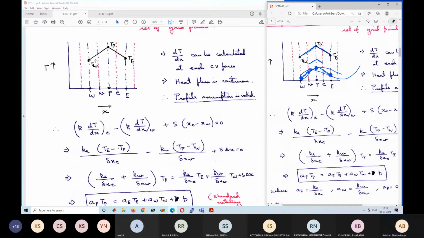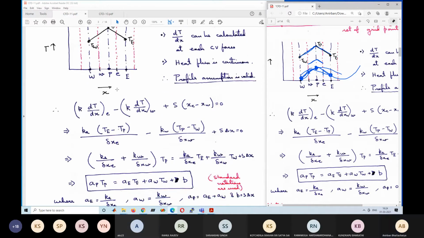Yes, sir. Okay, if there is still confusion, please let me know. These are very important parts of CFD. Without understanding this, yes, you are saying something? No, sir. I just thought I got it.